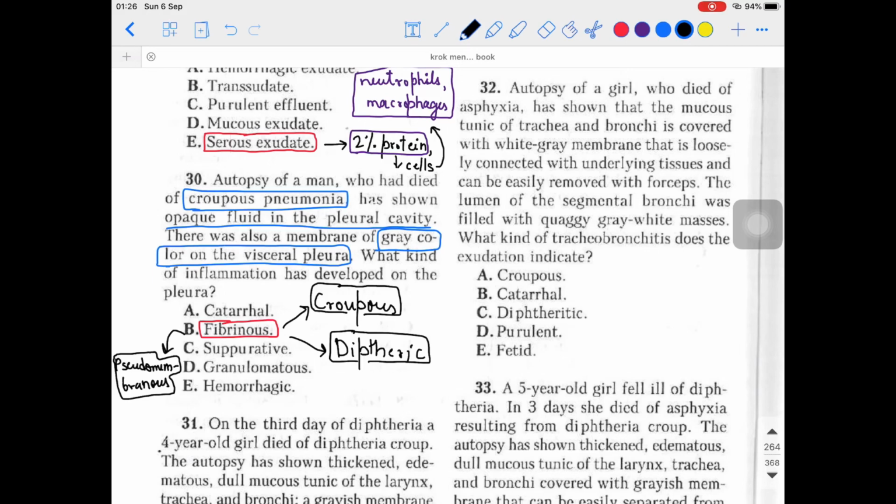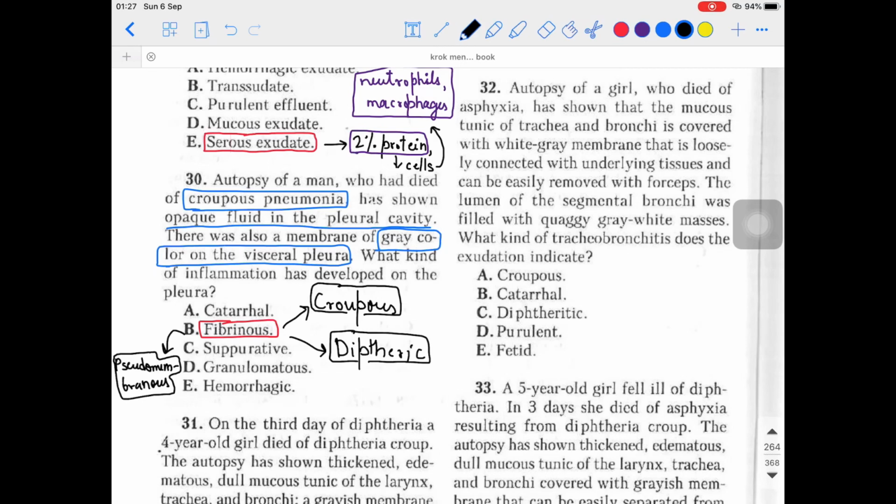Which kind of mucosal surface am I talking about? It can be anything: oral, pleura, respiratory, sometimes bowel. But most commonly it is seen in the oral cavity and the respiratory tract. Now why is this inflammatory response coming towards this mucosal surface? Because of two things you need to remember. Either it can be the toxin of diphtheria, or it can be irritant gases.